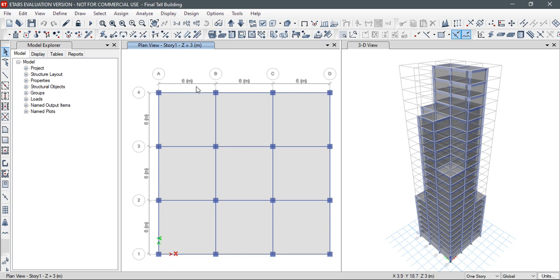After the drawing part, I had imposed different loads that are acting on this building. First, I had imposed a dead load of 2 kN per meter square, which is the same on all the stories. Then I had defined the live load, which is different for different sets of similar stories. From story 1 to 8, this is 5 kN per meter square. From story 9 to 14, this is 4.5 kN per meter square. From 15 to 19, this is 4 kN per meter square, and from 20 to 23, this is 3.5 kN per meter square.